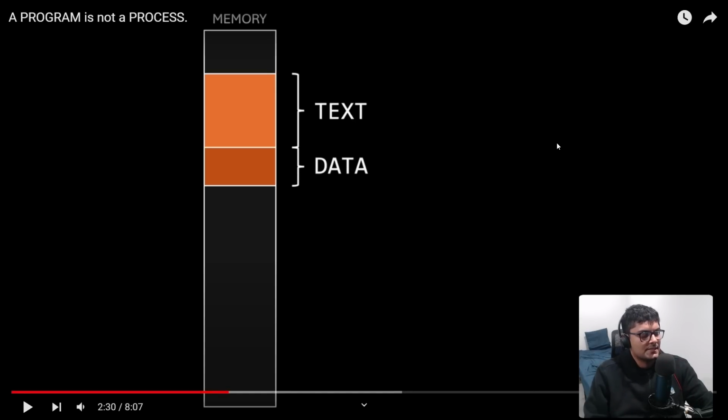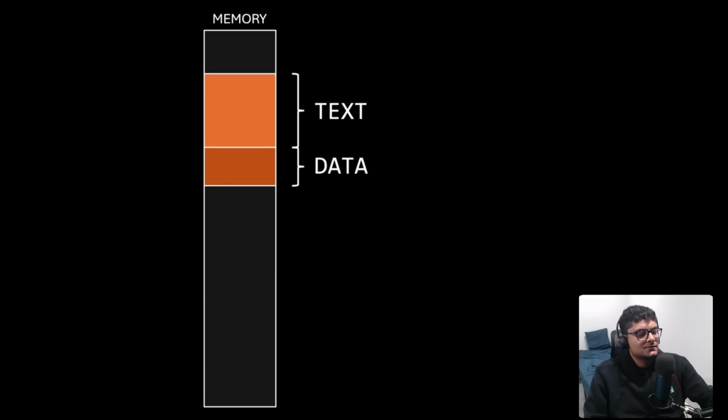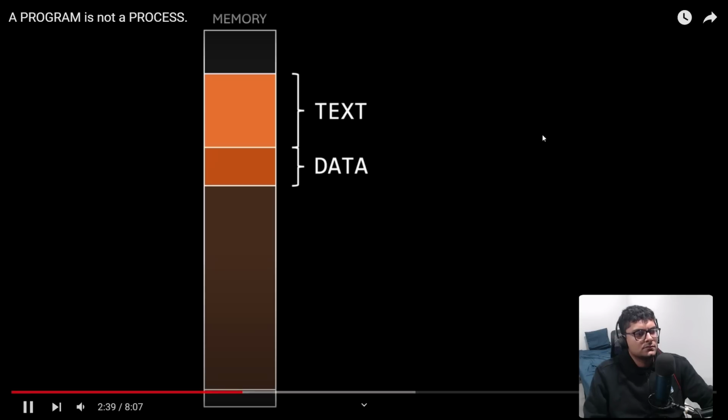Okay, I mean, he literally just answered the question. Sorry about that. But running a program requires more than these two sections. It also needs extra space in memory to store all the data generated at runtime, like user input and temporary results or variables. Yeah, so he said at runtime, there's going to be separate memory.